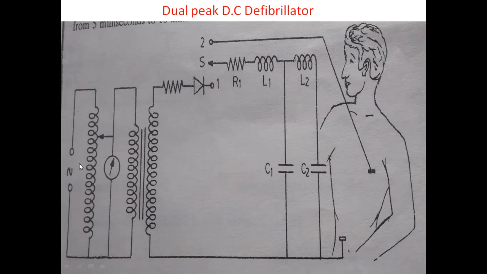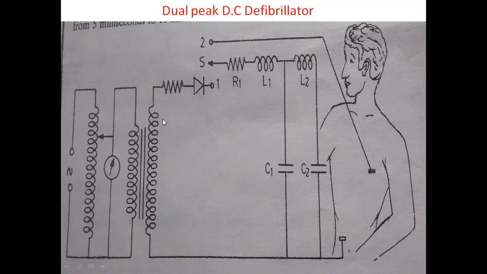From the input side, we apply the AC voltage, and by using the auto transformer, we can adjust the input voltage applied to the transformer T2. How much voltage we are applying to the transformer T2 is observed by the voltmeter, which is connected across the pointer and the ground. Here we are using a step-up transformer, and due to that, the secondary voltage increases when compared to the primary.